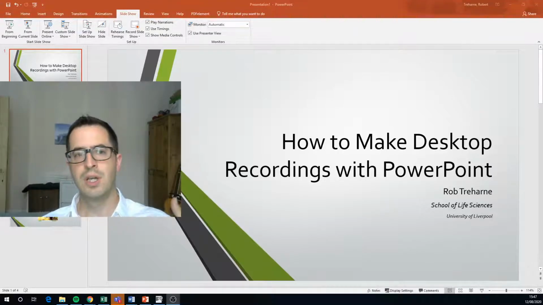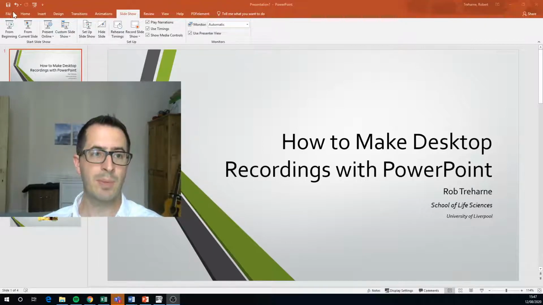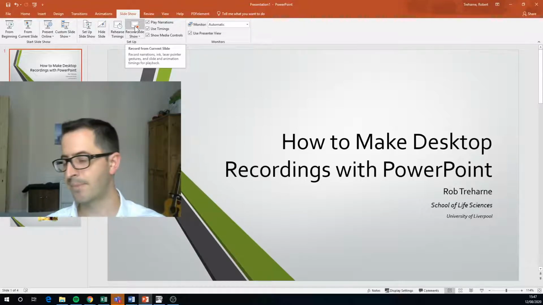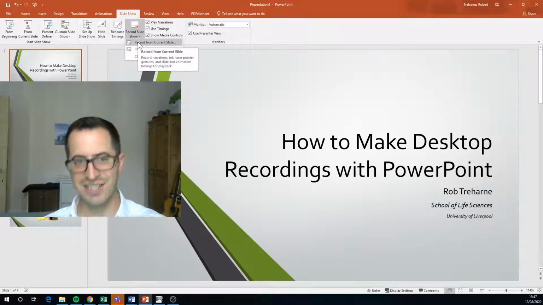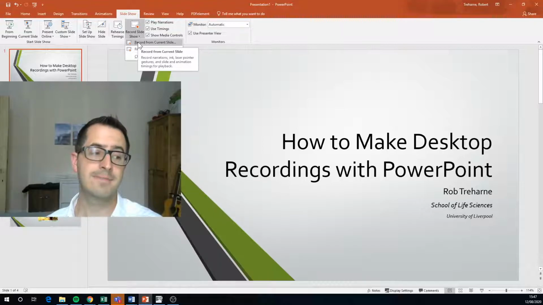Right, so on PowerPoint, on the menu bar at the top, I'm already there, but if you're not, if you click slideshow, you can see here you've got this button which says record slideshow. Now you can click this and it will take you straight through to the recording tool, or if you click the drop down here you can select the option to record from the current slides,